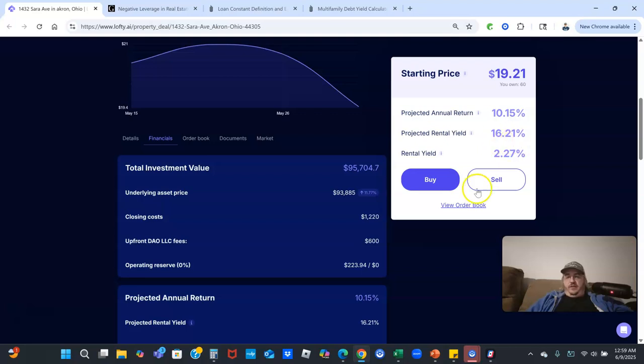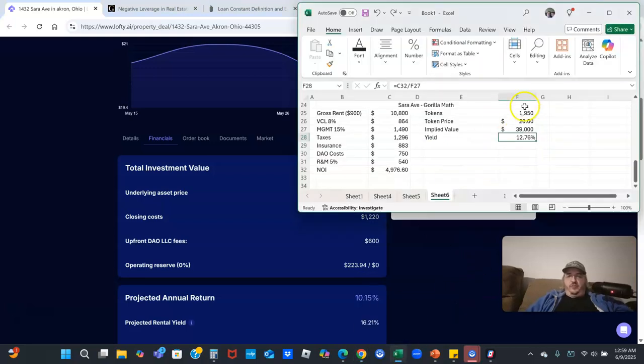It's significantly below the 16% that they've got as the projected rental yield. I honestly think if I were going to spend some time on this, it's probably even lower because, like I said, repairs and maintenance should probably go up, although maybe our management goes down a little bit. In any case, if this were accurate, and I'm comparing 12.76% to the 12% interest rate, I'm perfectly